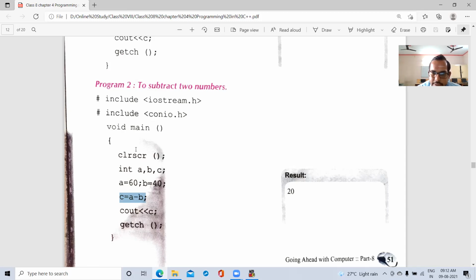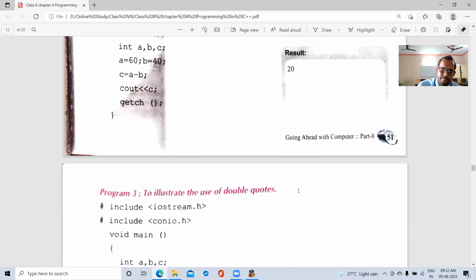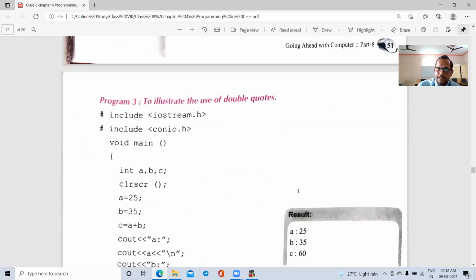After that, clrscr means clear screen. Then int a, b, c. a equals 60, b equals 40. Then c equals a minus b, means 60 minus 40. In this way, you can subtract numbers and print your result. Result is 20 because 60 minus 40 is 20. Clear? Then